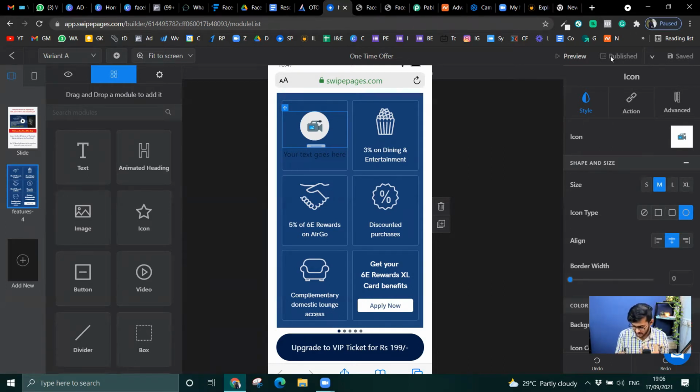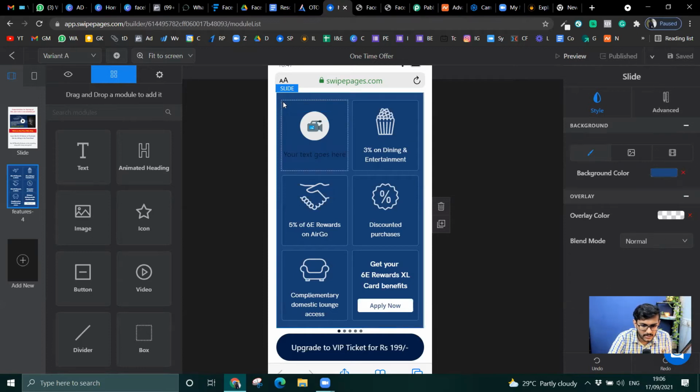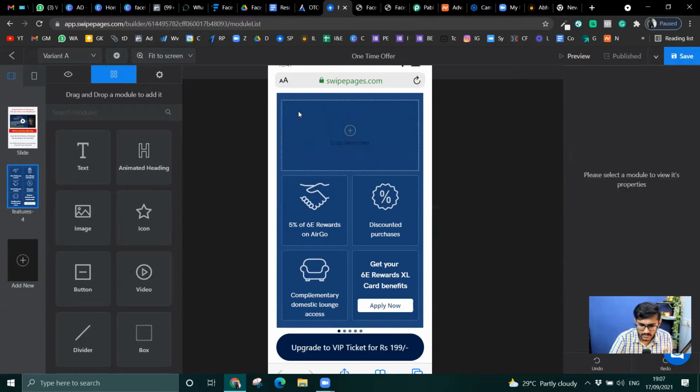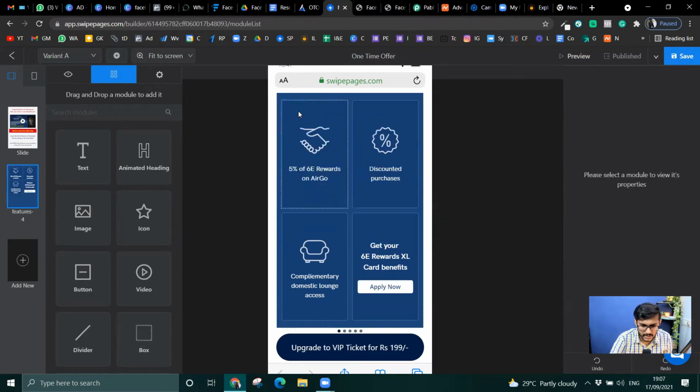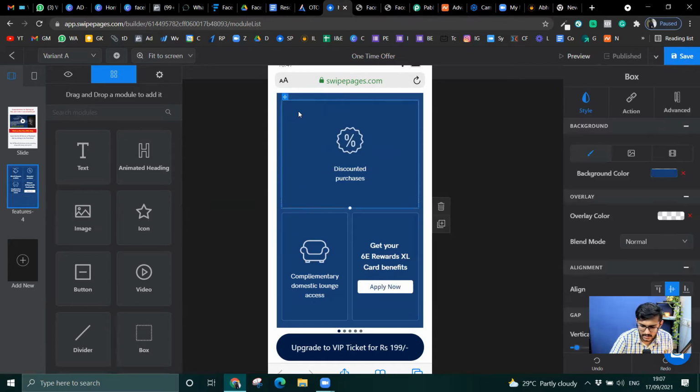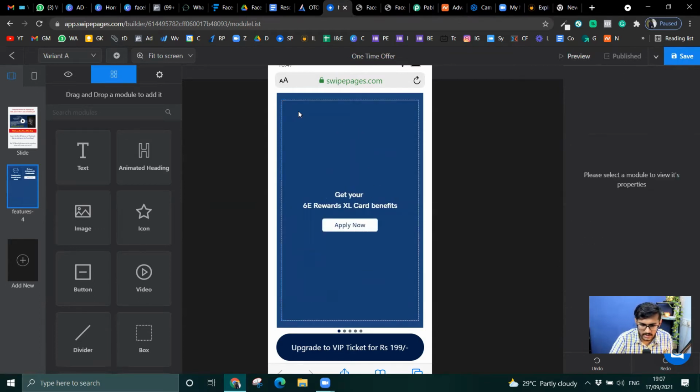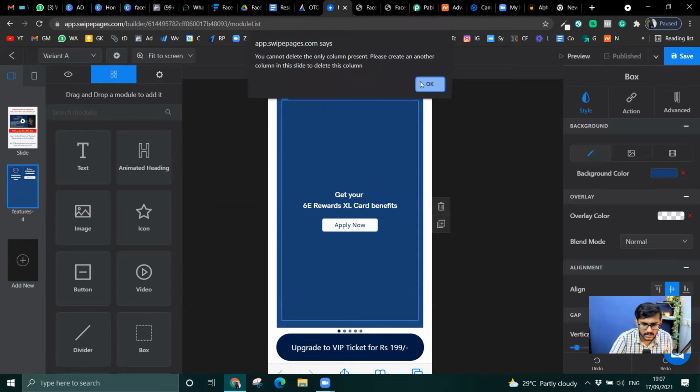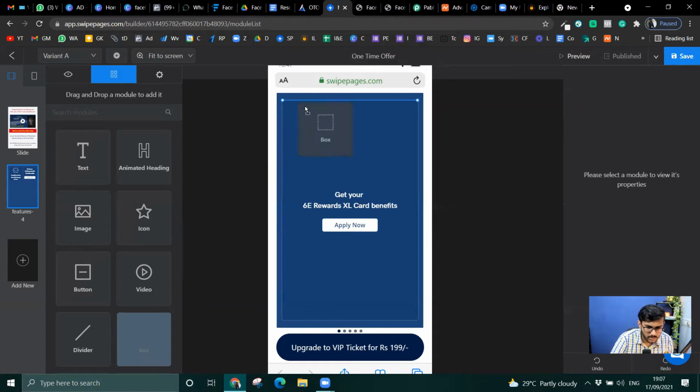I'm so in love with my thing, so I'm just watching it. Let me do one thing. Let me just delete this and put it up, because I have a lot of them to add. I am not very sure if this is going to help me out in any way. So boom, got it deleted. Okay, only one column is there. I cannot delete. No problem. I will add more columns, more boxes.